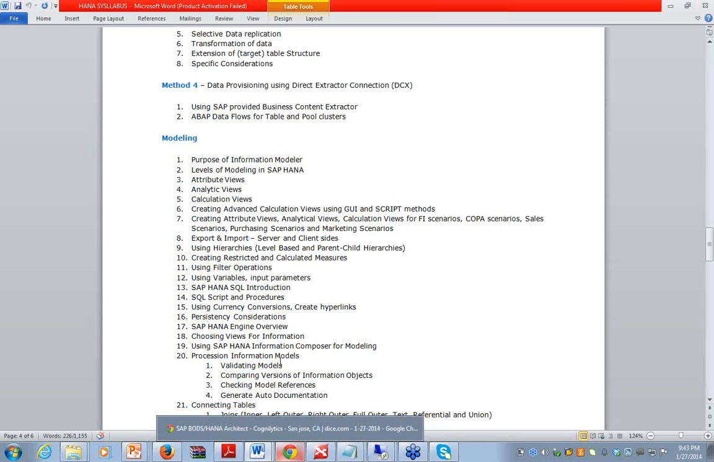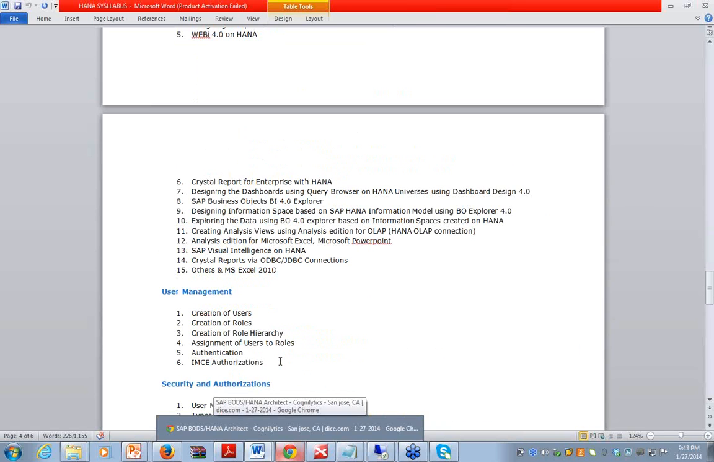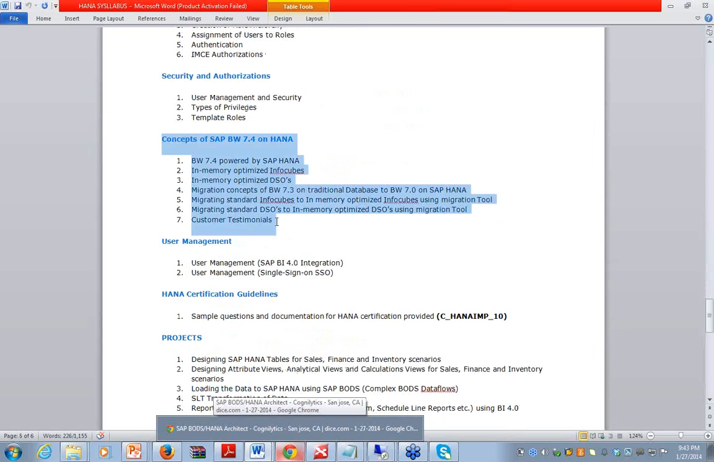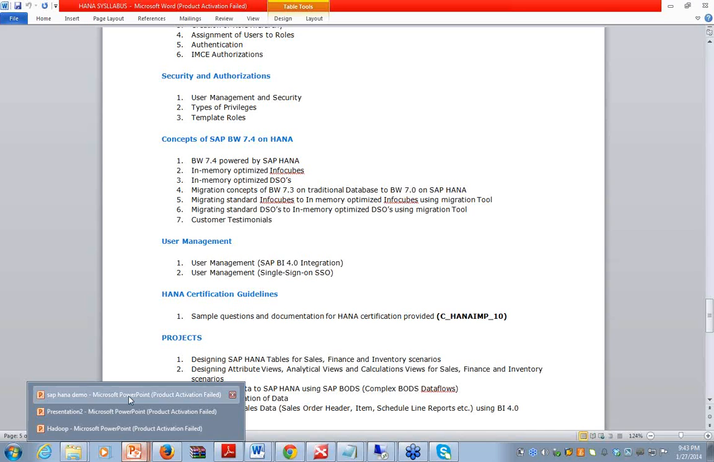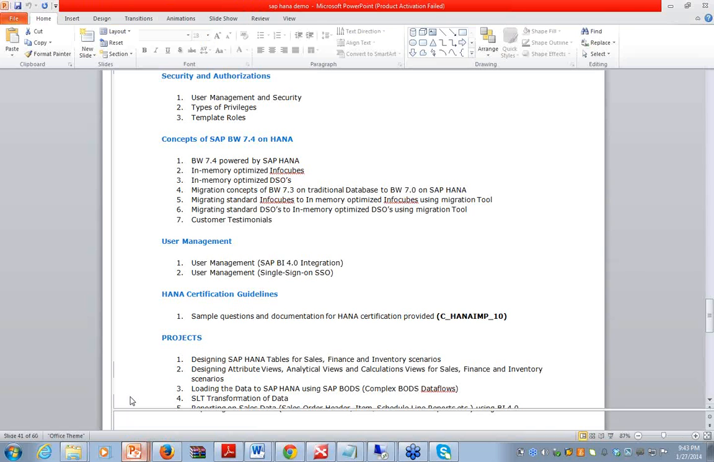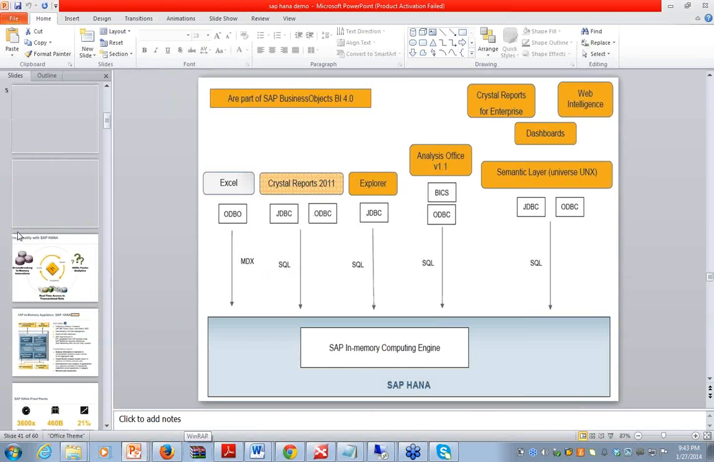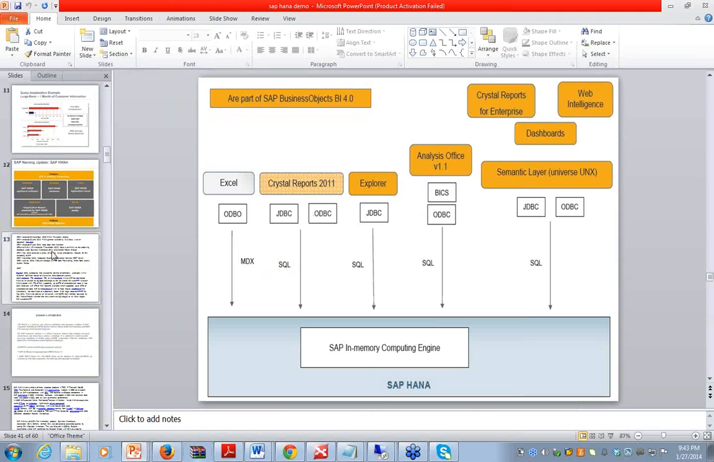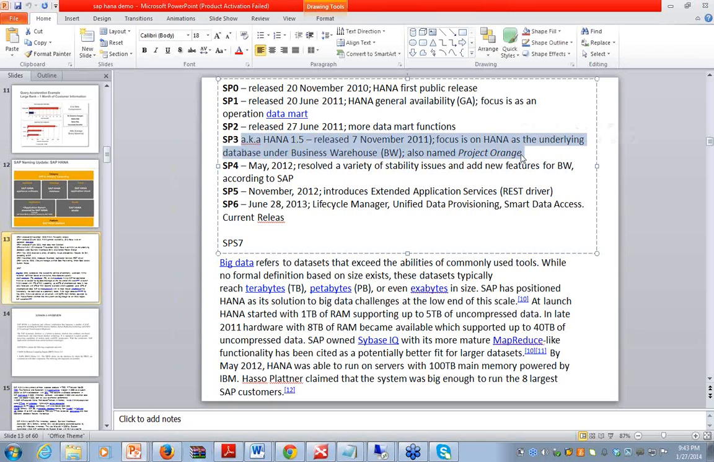After completing this reporting, we'll move on to BW and HANA, because from support pack 3, when SAP released support pack 3, the complete product strategy has changed. From support pack 3, HANA can be used as an underlying database for